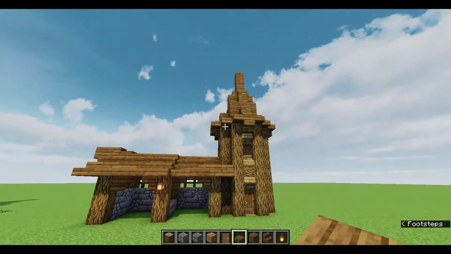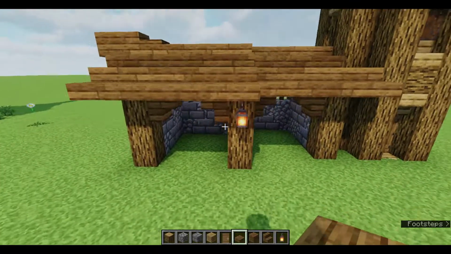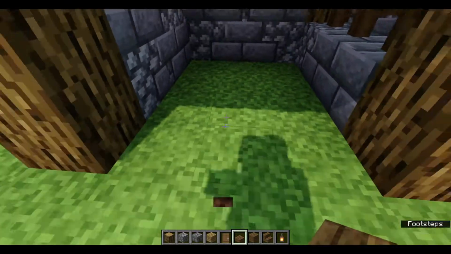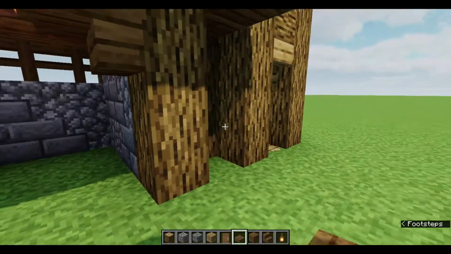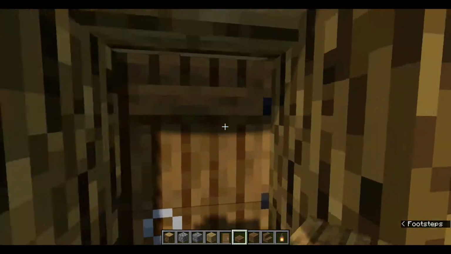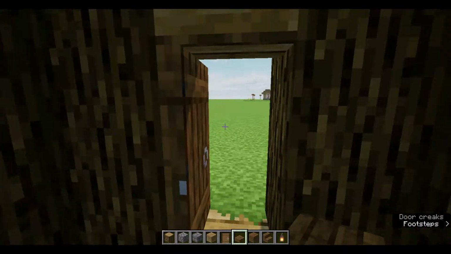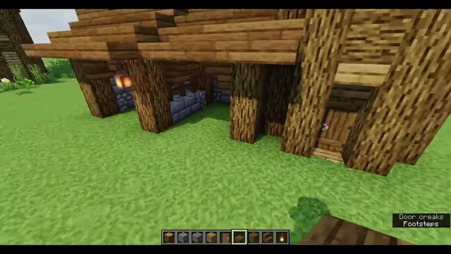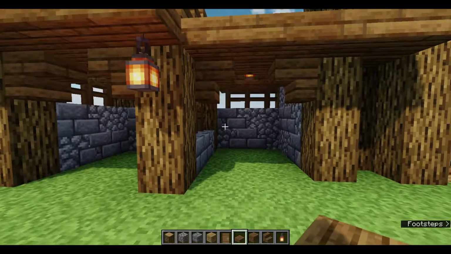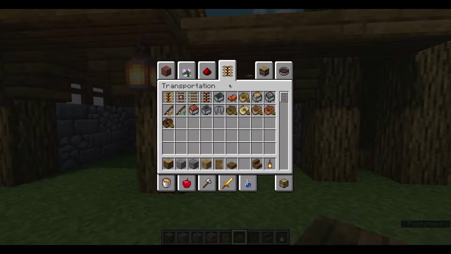Now, inside these stables here, you can do what you want. You can place in some hay bales. You can put in some coarse dirt to give it a little bit more life. You can place in your chests, your storage, and obviously you can put anything. You can even, if you're doing this in survival, you could store your wheat in here, and put in your horses as well. And if you're concerned about horses getting out, as a nice little detail, what you can do